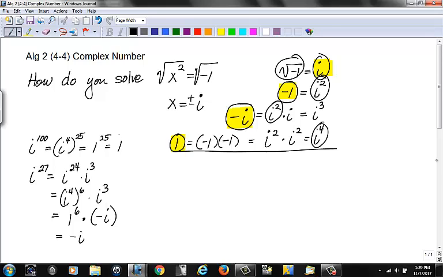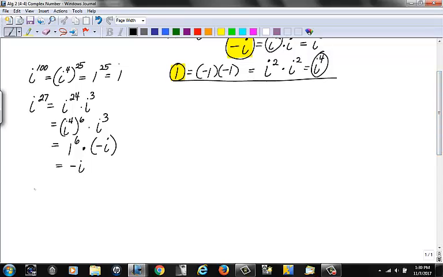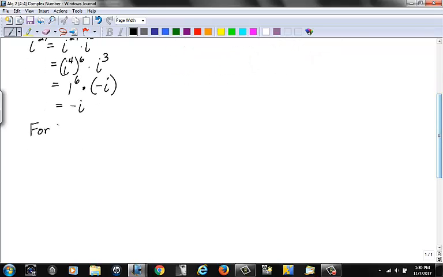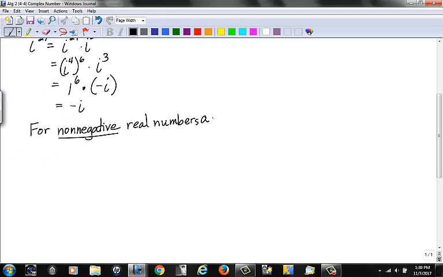The next thing the author goes through, and I'm going to go through several examples on this, is that for non-negative real numbers, and I have to emphasize these are non-negative, real numbers a and b,